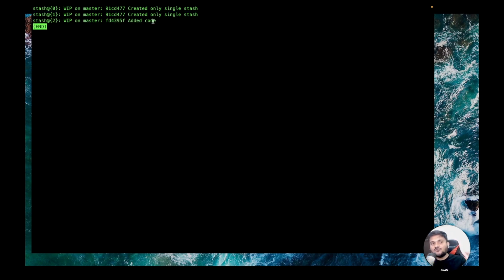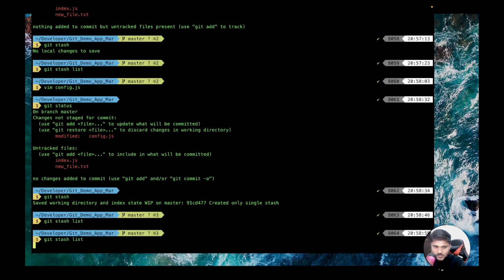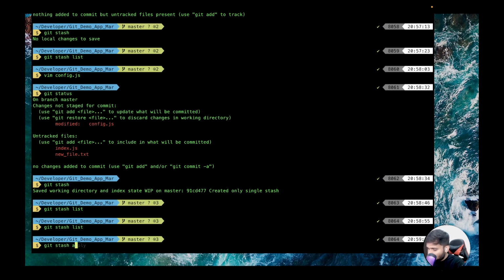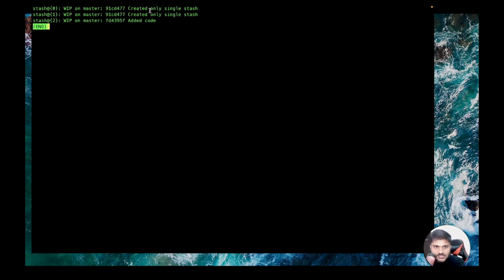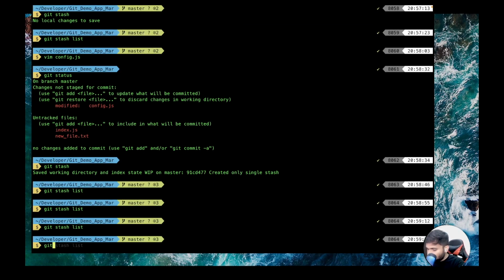Now, whatever stash you want to apply, you can apply manually. If you do git stash apply, then only your last stash will be applied. Now, what is your last stash? You can see the last stash is this, and only this stash will be applied. But if you do git stash apply and mention a particular version of the stash, for example stash@1, now your last stash is not going to be applied. Whatever version of the stash you have mentioned, that particular stash will be applied. Let's see. The moment you press enter,